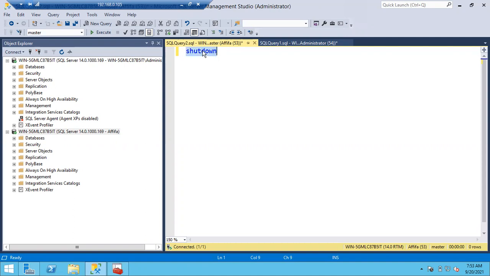Logically, if we had a query to start the SQL server, where would you run it? SQL server is down, right? If SQL server is up and running, then only you can run any query. As currently SQL server is up and running, you can run the shutdown query so that SQL server will be down. Even if you think there is a query to start the SQL server from Management Studio, where are you going to run that query?